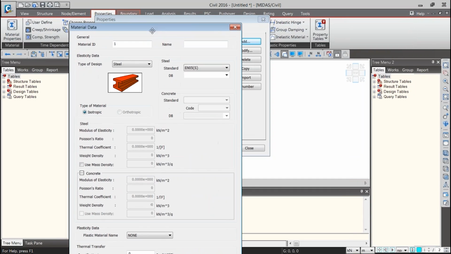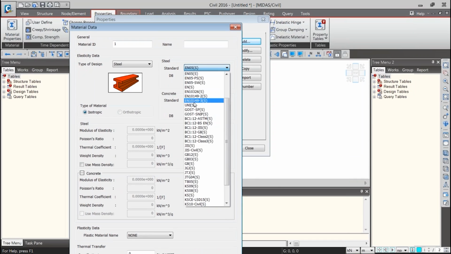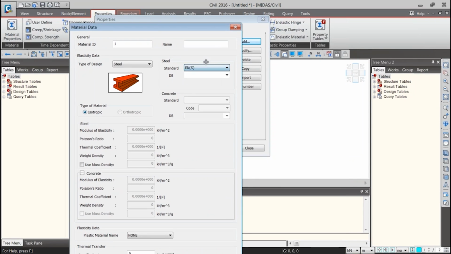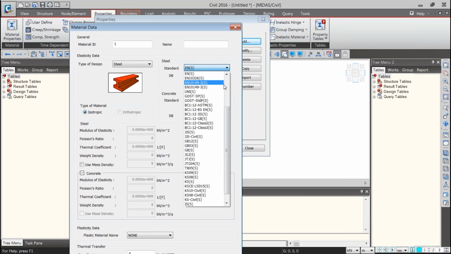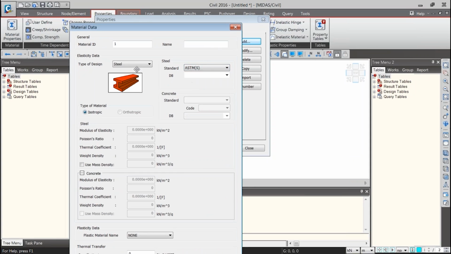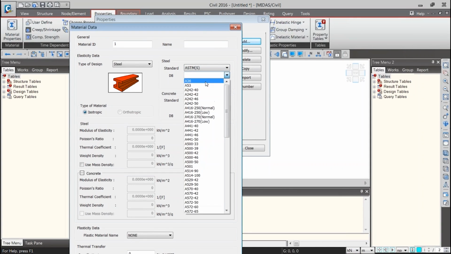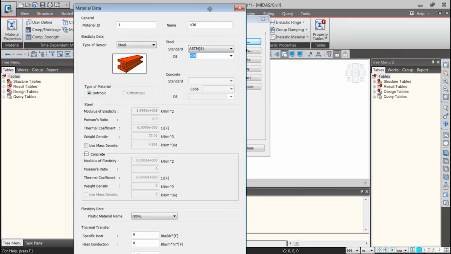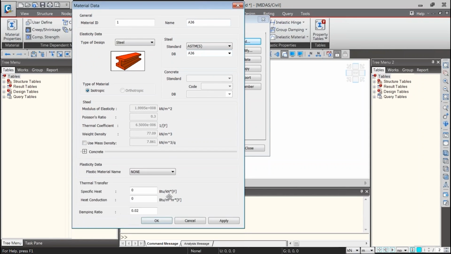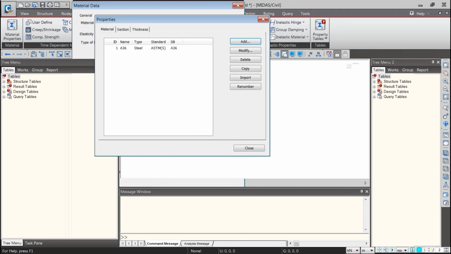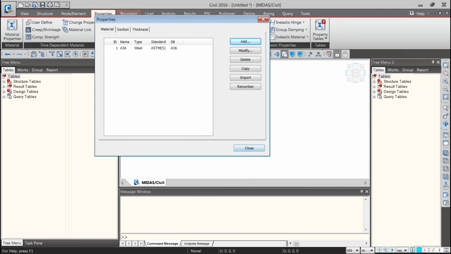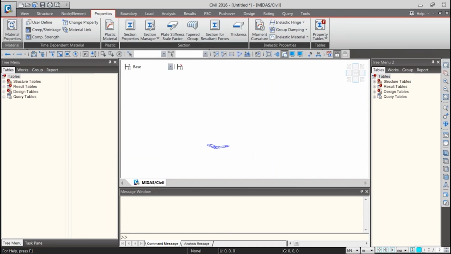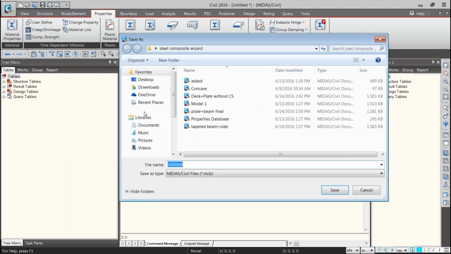So I can add a material property like, so in this manner you can add your properties in a file, and then what you can do, you can save it as a default section file.